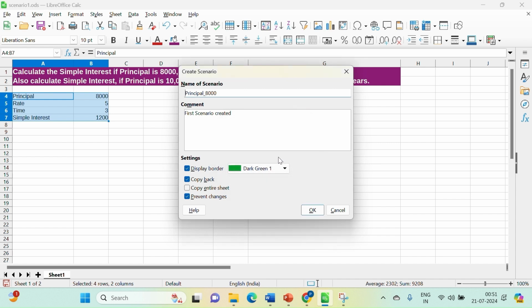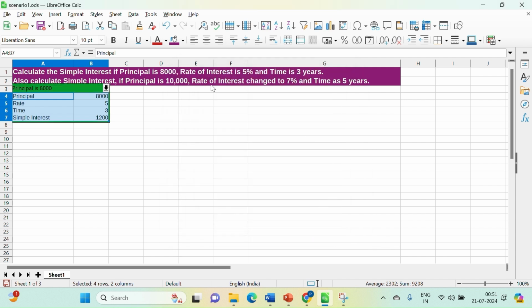The name already exists, so just change the name and give it as principal is 100. I'll be clicking on OK. As you may see, there's a green border that has been displayed accordingly, since we have selected the green color as the border color. So this is the first scenario that we have created.